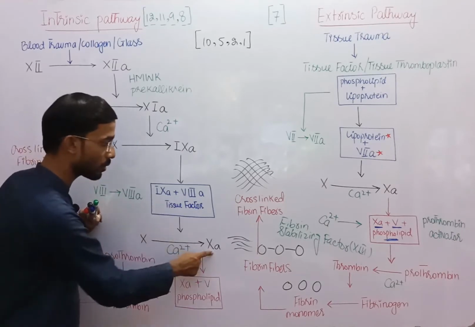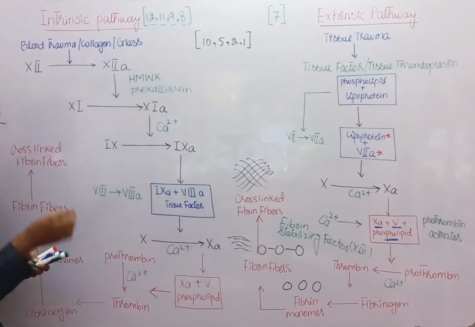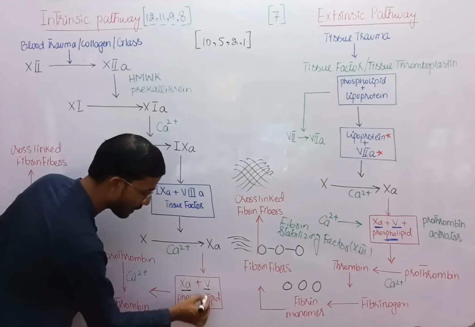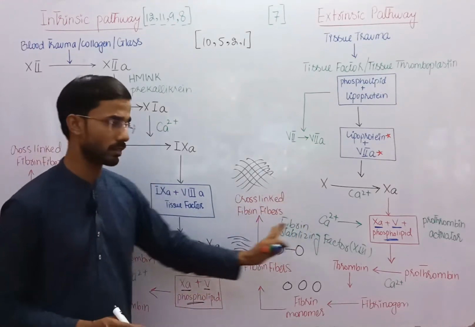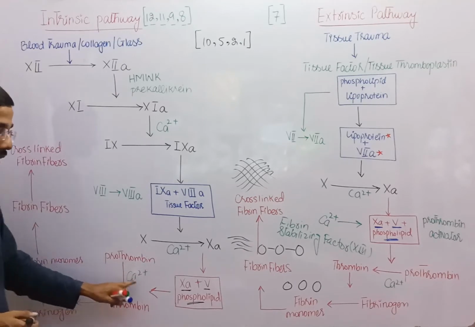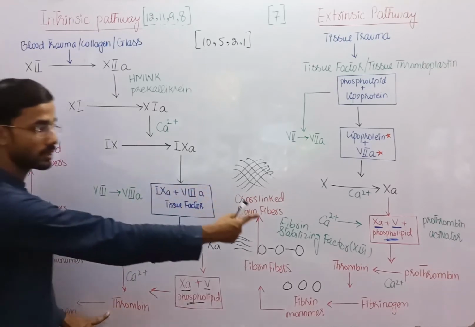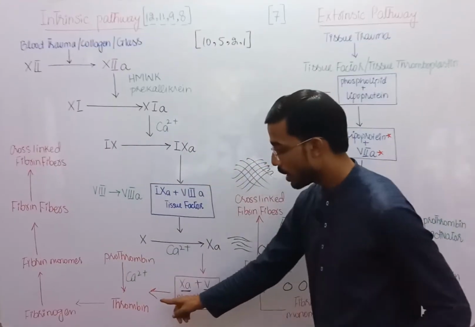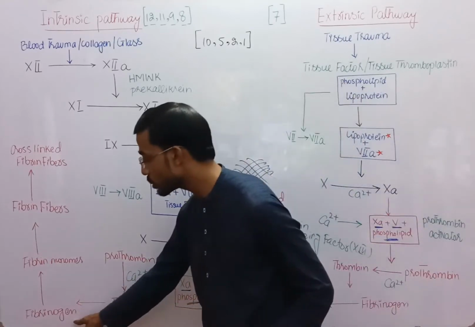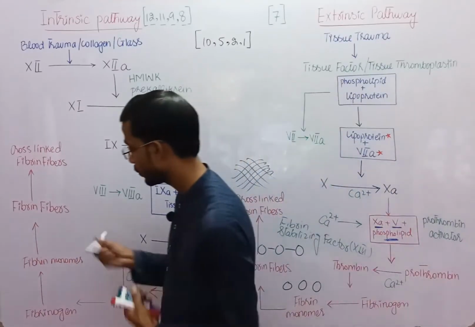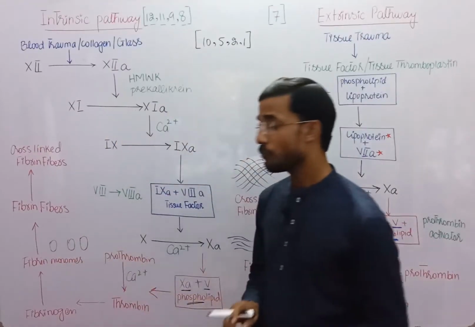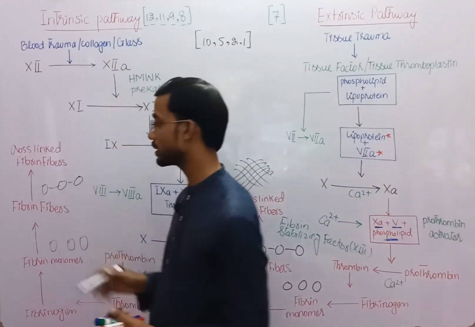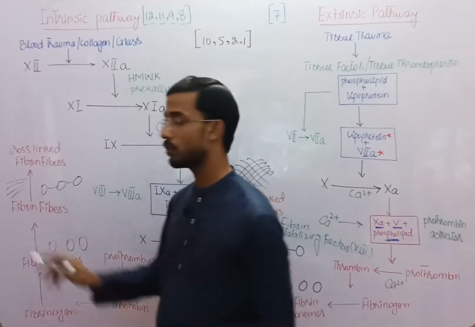Factor 10 converts into activated factor 10. It forms a prothrombin activator, actually factor 10, 5 and phospholipid, exactly like this one. And with the help of calcium, it converts prothrombin to thrombin. And here you can see thrombin converts fibrinogen into fibrin monomer. Then fibrin monomers are highly attractive and form fibrin fibers, again in parallel fashion,